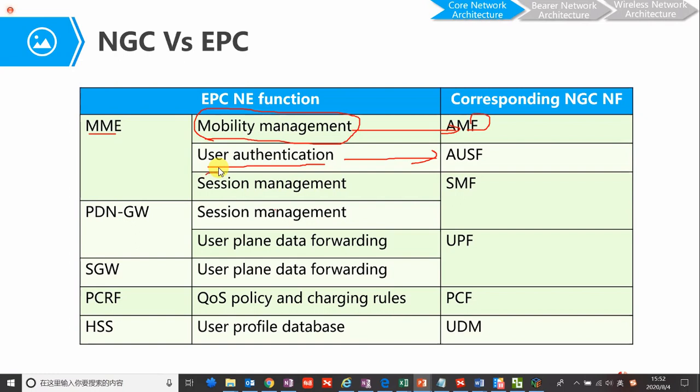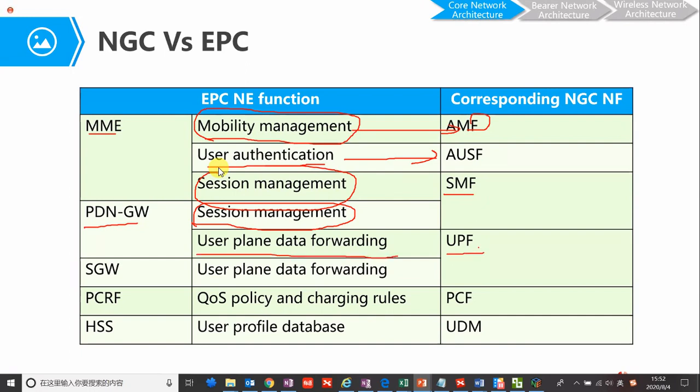Session management converts into SMF, session management function, and P gateway session management are also converted to SMF, and the user plane data forwarding to the UPF.